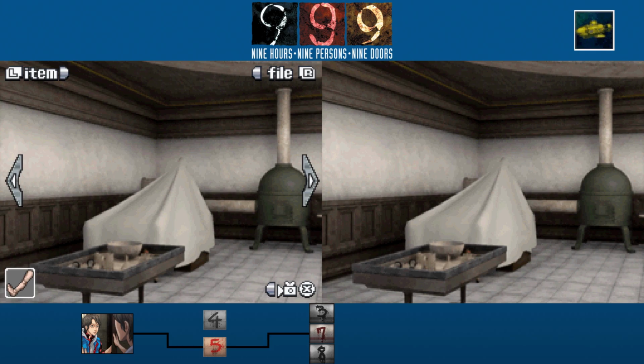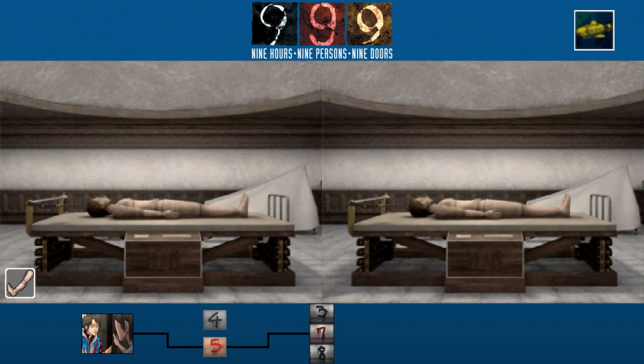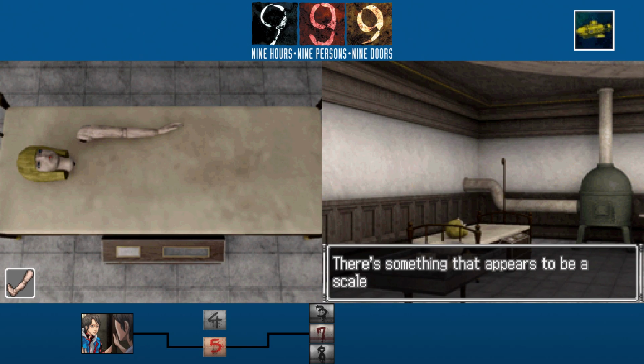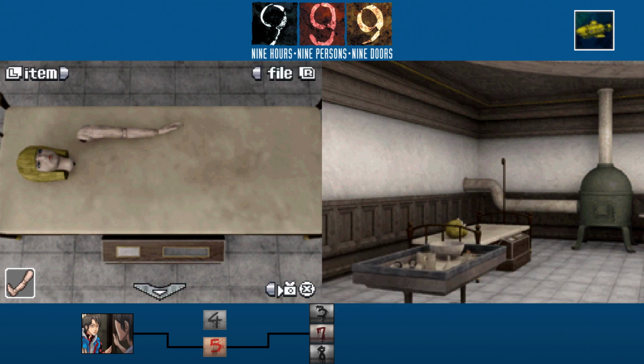I'm gonna be honest, I'm baffled because we should be able to start working on putting Lucy's body back together at this point. I wanted to give her a body. Okay, let's check out the panel. There's something that appears to be a scale attached to the bed. Yes, good, we know this. An old hard bed, yes, maybe...